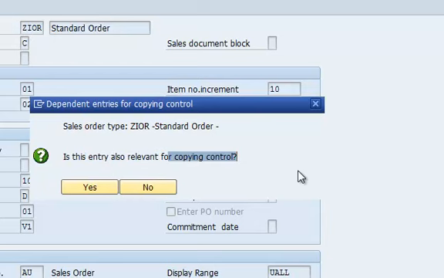What this does is it will copy all the order copy control elements that are there for OR. It will also copy for ZIOR. So it means that